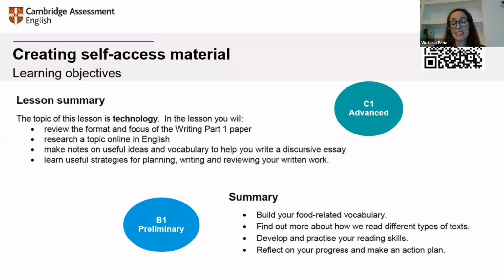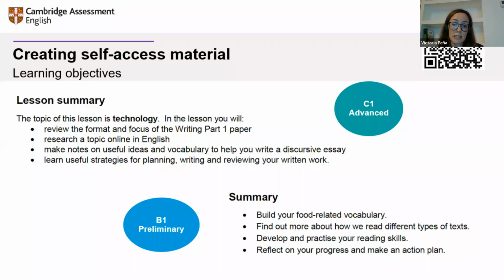Well, because it's a lesson summary that's available at the beginning of the worksheet of the activity, and it shows the different contents that students are going to work on during the self-access material.